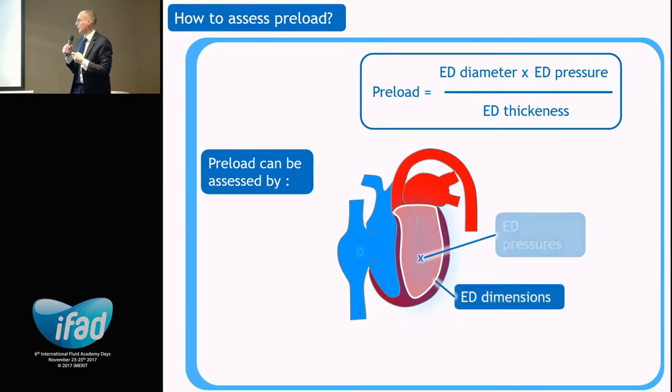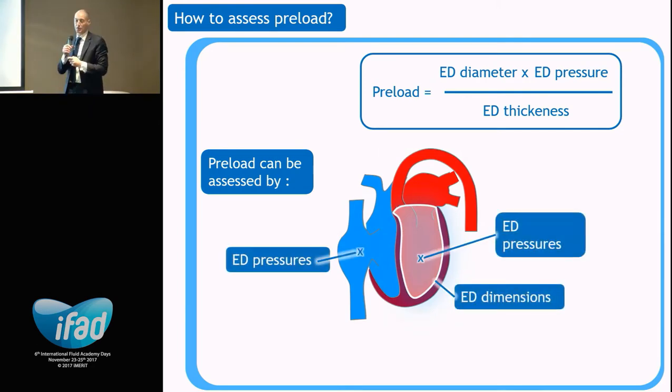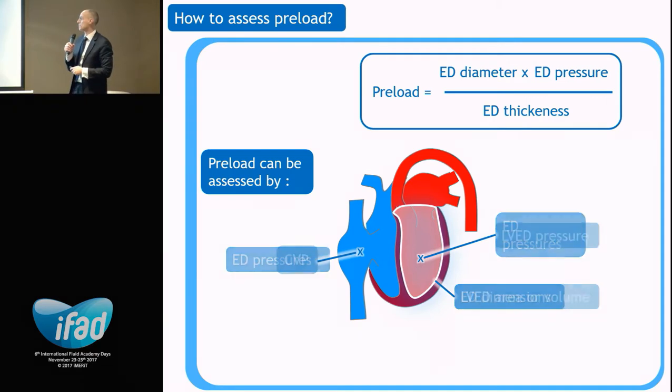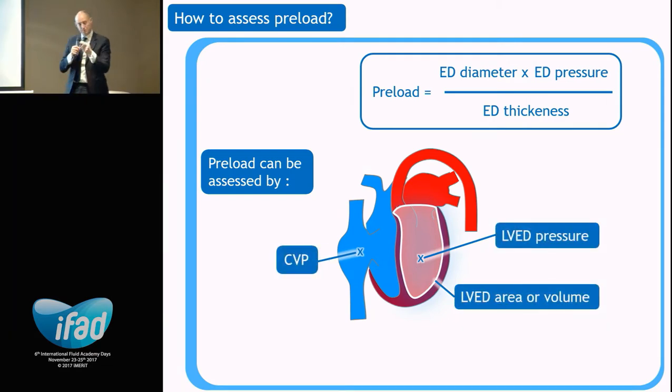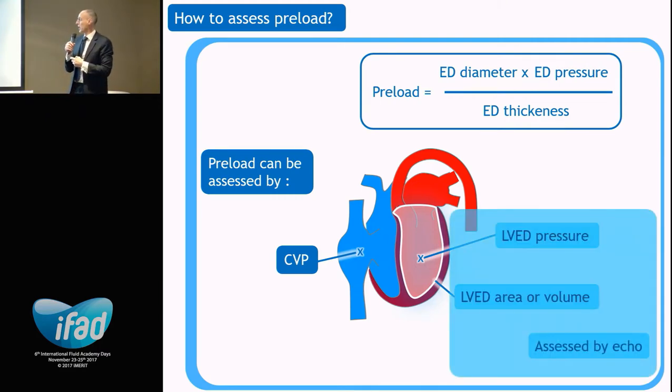We assess preload through either the end-diastolic pressures, central venous pressure, LV end-diastolic pressure, or through the dimensions, for instance, the left ventricular diameter or surface. It means that what we do in practice with pressures or dimension is only an estimation of the true physiological cardiac preload. We'll speak about the left side, the left ventricular preload, and we'll start with